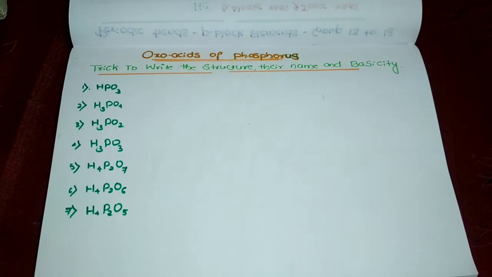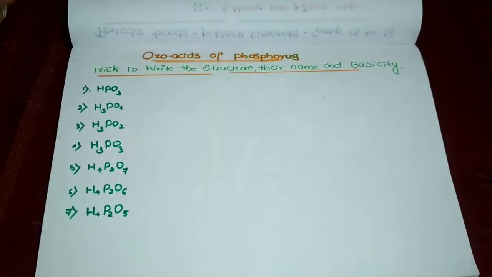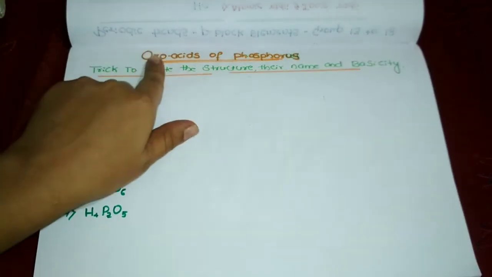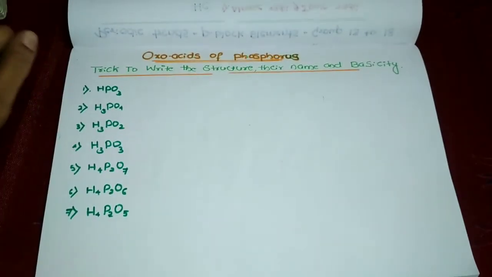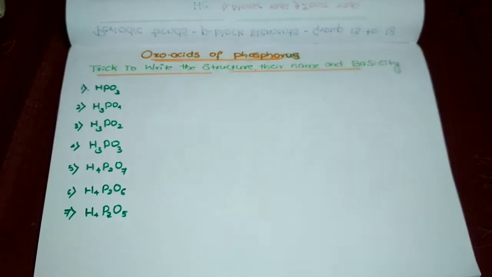Before going to the structure and everything, at least you should know what we mean by oxo acids. As the name itself indicates, these elements result in the formation of acids which consist of oxygen that is bonded to hydrogen. An element bonded to oxygen and hydrogen results in the formation of oxo acids of that particular element. Now, how exactly these oxo acids are formed, you need to understand.